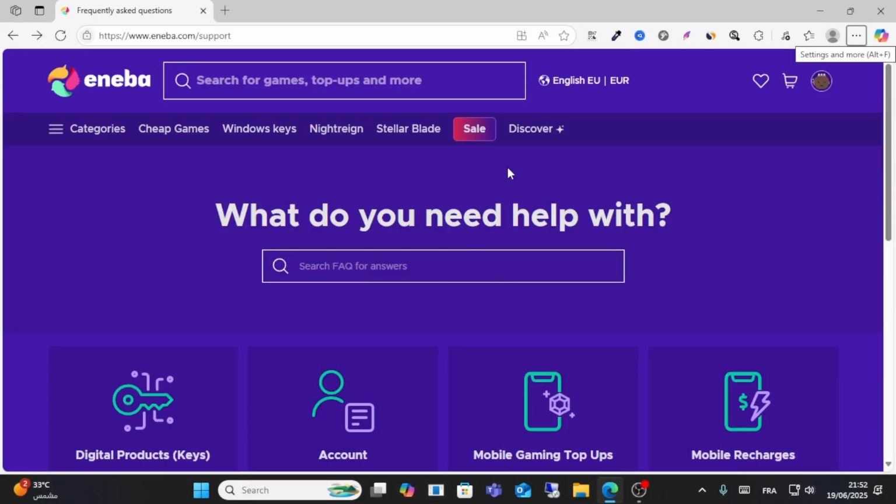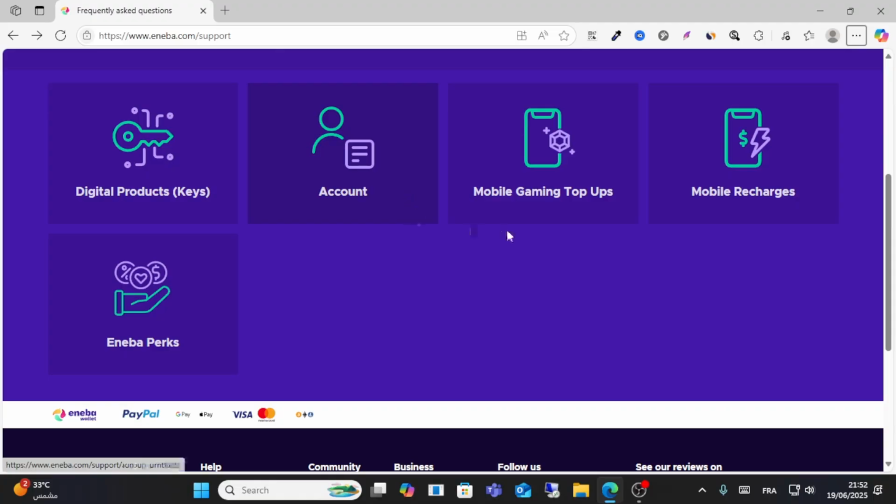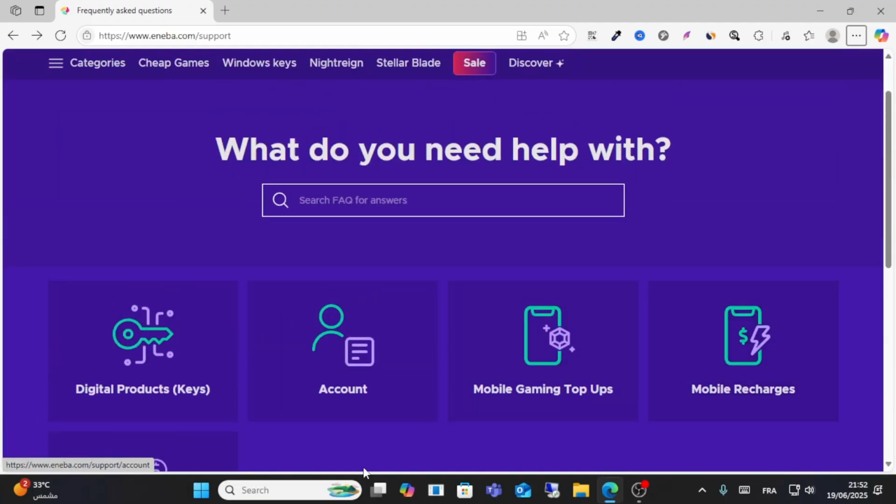Today I will show you how to create a ticket on ENEBA. So friends, go to eneba.com/support, scroll down, and choose any topic. For example, if you have a ticket about your account, click Account,